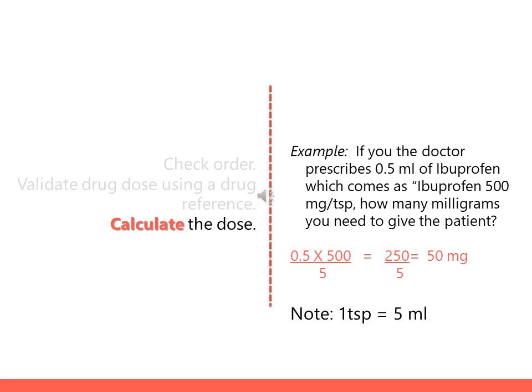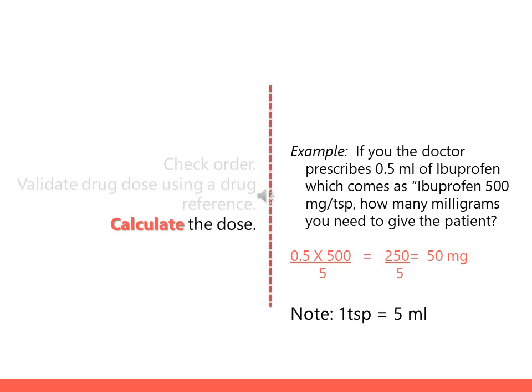Okay, so how do we calculate for the dose? Remember in this example, you need to convert teaspoon to ml for you to be able to calculate the right milligrams. You can do this by converting teaspoon to ml. And we all know that 1 teaspoon is equal to 5 ml. So when we apply the formula, it would be 0.5 ml, because the order of the doctor is to give 0.5 ml